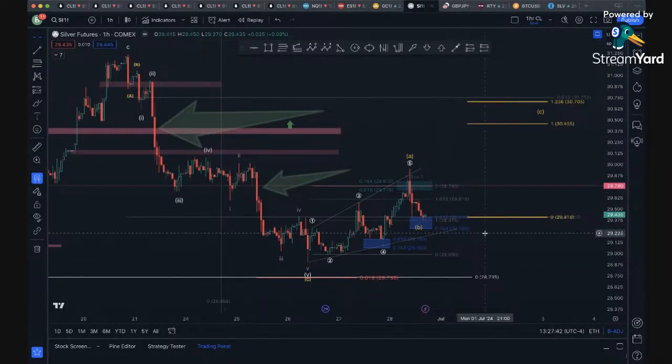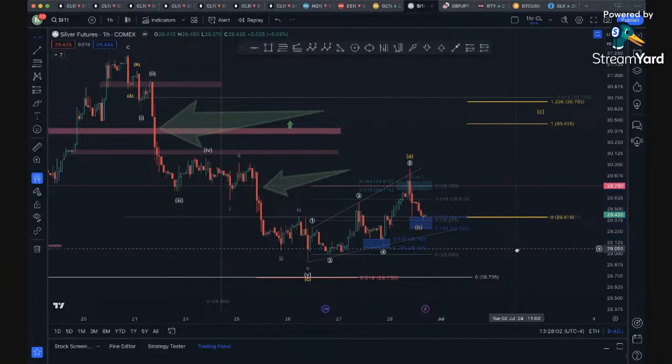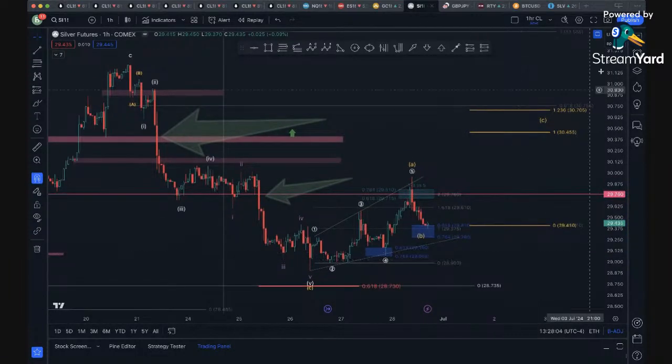Now, a B wave can retrace. There's a bunch of different ways to think about it. I happen to have measured this B wave from the bottom of this low here, but B waves are notorious for strange structures that don't really follow a standard. B waves are very, very difficult to trade. So a safe way to play a B wave, since now I've told you how difficult it is,